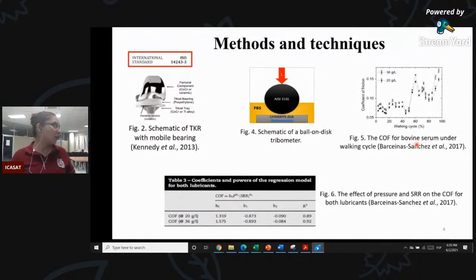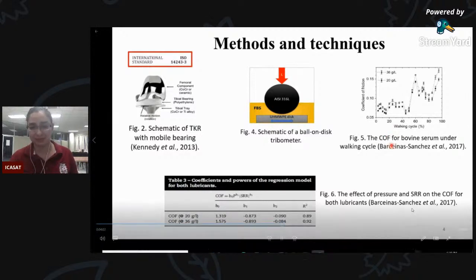Well, the next is methods and techniques, and the experiments were carried out using a volume distribumeter. This is a volume distribumeter, the configuration of which is shown in this picture. The parameters that we programmed in the equipment were temperature, entrainment speed, load, sliding to rolling ratio, and the